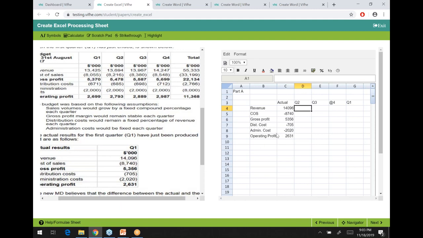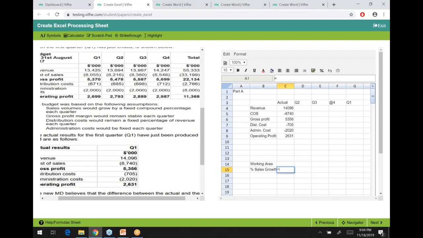So it says that the sales will grow by a fixed compound percentage. Now, what this means is you need to work out a growth percentage using the 2 quarters given in the budget, and whatever growth rate comes here will be the growth rate that you will be applying on the remaining quarters. So let's find out the fixed compound percentage, and let's make this working area, and you can do this in your examination as well. So let's find out the percentage sales growth, and that will be done very easily using